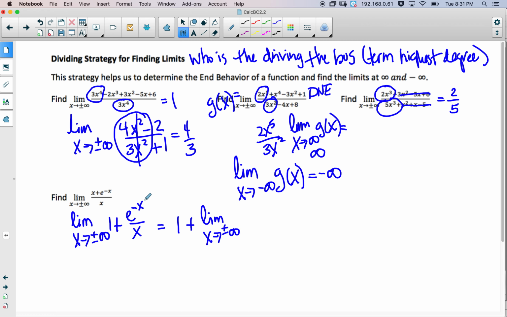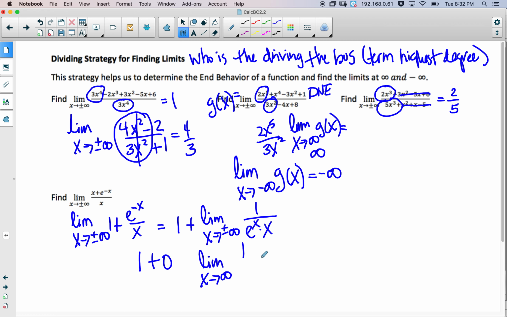of, I'm going to actually move this to the denominator and make that exponent positive. Remember, if you have a negative exponent, you can flip it. That's not the correct mathematical term, but we're going to go with it. E to the x times x. Okay, now at infinity, this is growing much faster. The numerator doesn't even grow at all. So at positive infinity, this is going to infinity. So that's going to be 1 plus 1 divided by infinity is equal to 0. Okay, so the limit as x approaches positive infinity